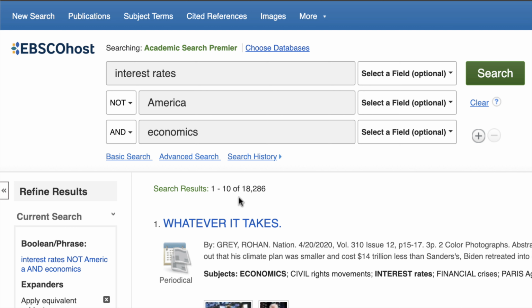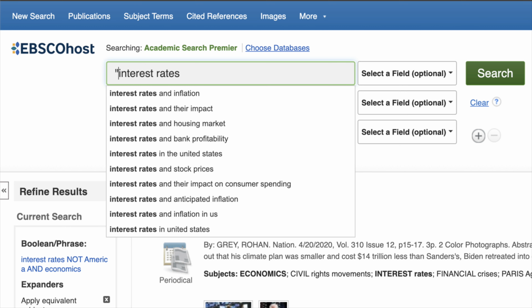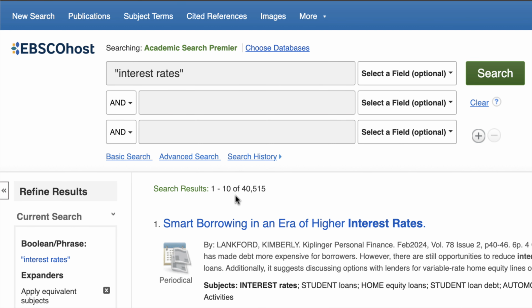Another thing you can do to alter the amount of articles displayed or to alter the content that is displayed in the search results is to make use of quotation marks. Let me demonstrate how this works. Let's put the phrase interest rate in the first search bar, but this time we'll put quotation marks around the phrase interest rate. Our search results have gone down from the number that was displayed when we first searched that